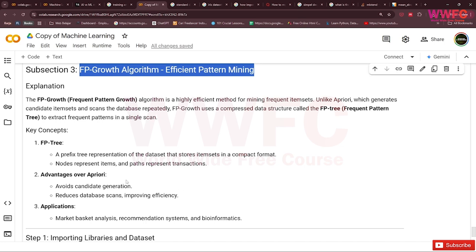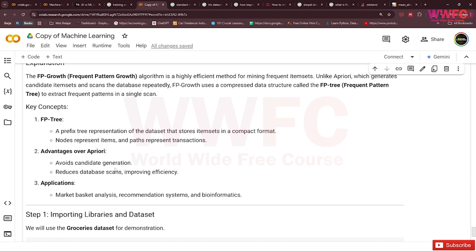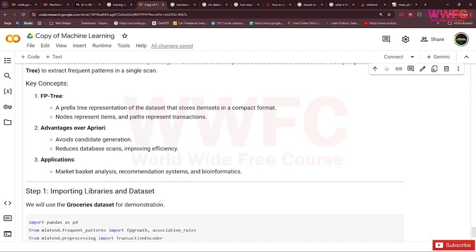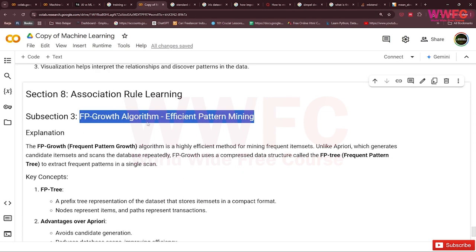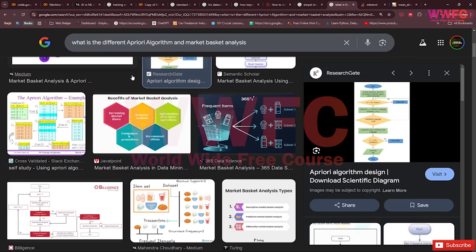The advantages over Apriori are that it avoids candidate generation, reduces database scans, and improves efficiency. The applications are market basket analysis, recommendation systems, and bioinformatics. So before we go to the demonstration, what is